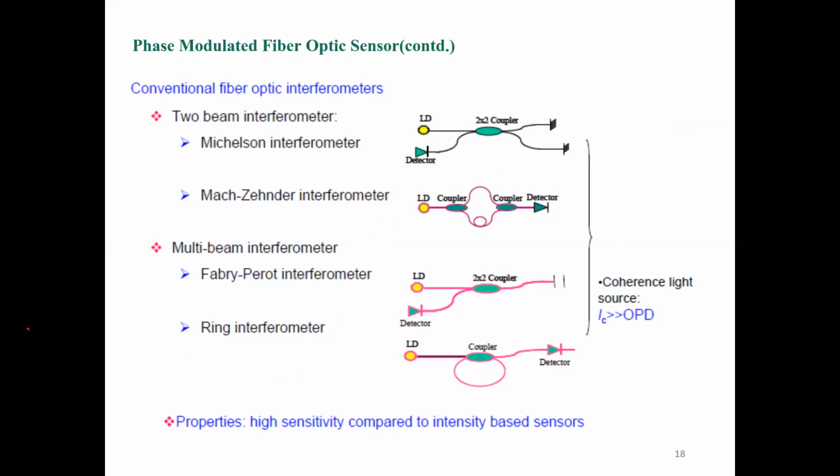Okay, so the basic mechanism is shown. Like in the Michelson interferometer, we combine light through the 2x2 optical coupler. We send light, it goes through the coupler, coming back to a detector. In the Mach interferometer, we just divide the light and combine again. Like that, there are different interferometry techniques which can be interestingly used in sensing.